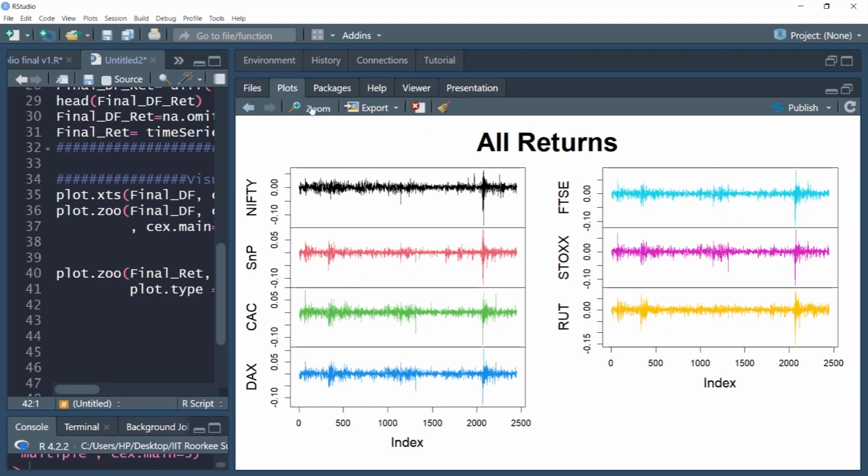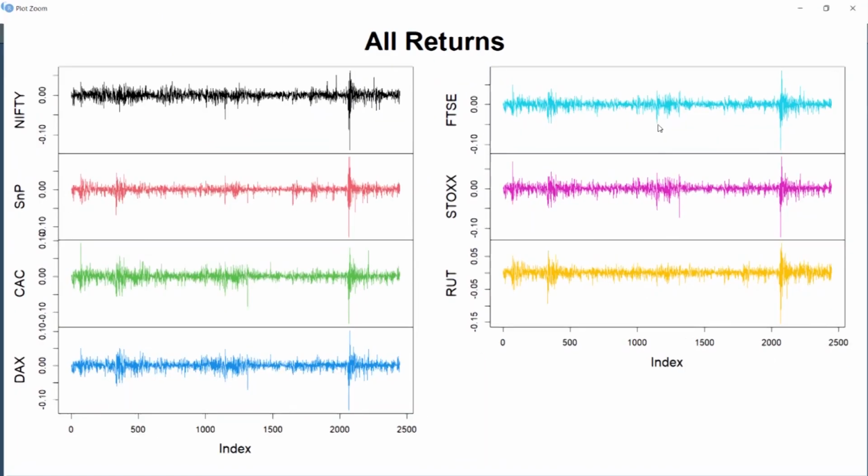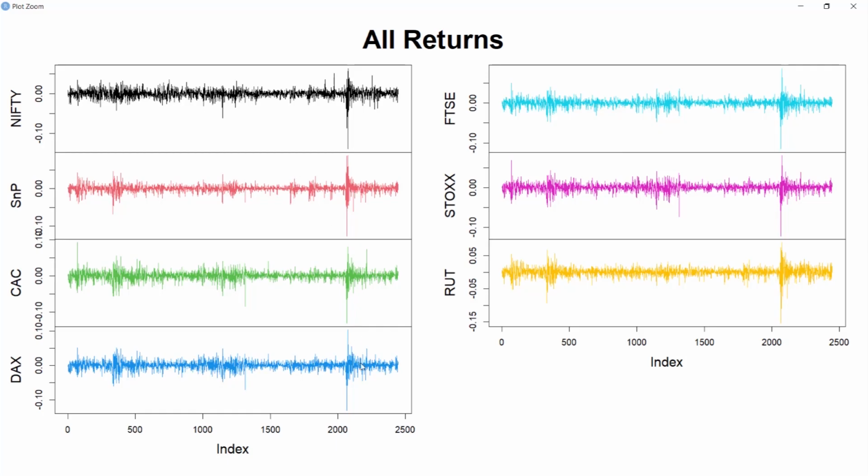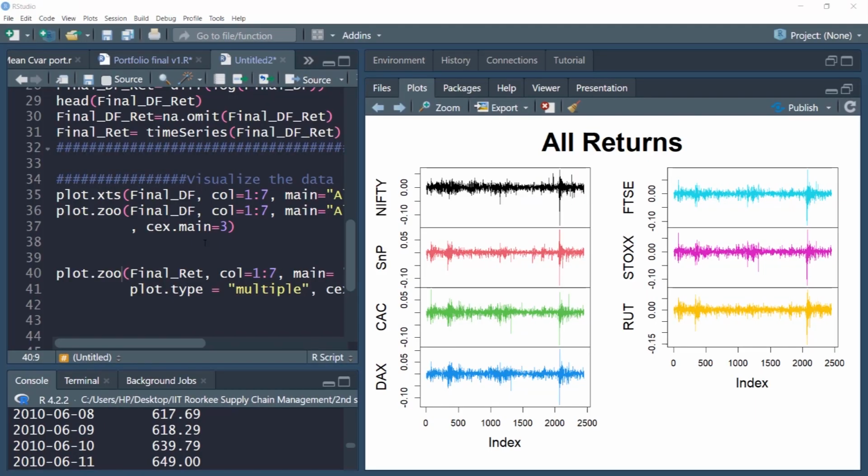Now once I run it, notice all the individual indices are plotted and we can see the fluctuations. In fact, somewhere around after 2000, there's a large jump. We can see here this large jump, and this is common to all, and in between also the fluctuations happen because these are broad market wide indices. So whenever there's some kind of global crisis, there would be some kind of co-movement, high volatility and falling prices, which is what we are seeing here, and all the indices are plotted in different colors.